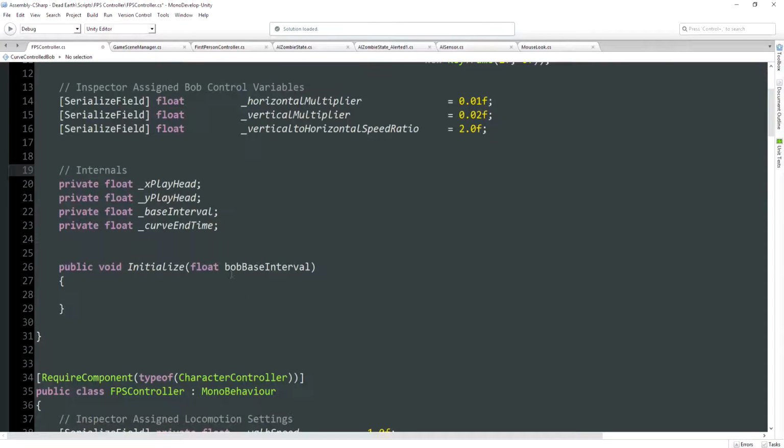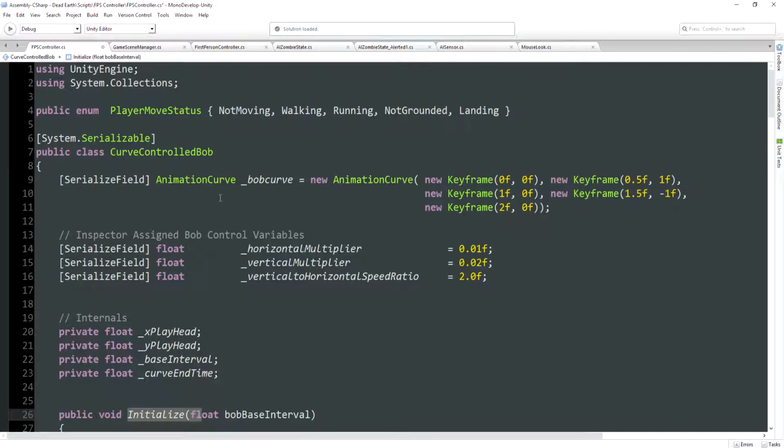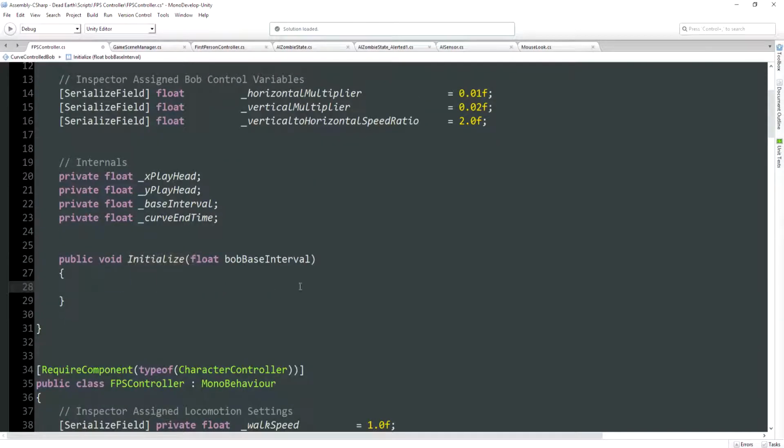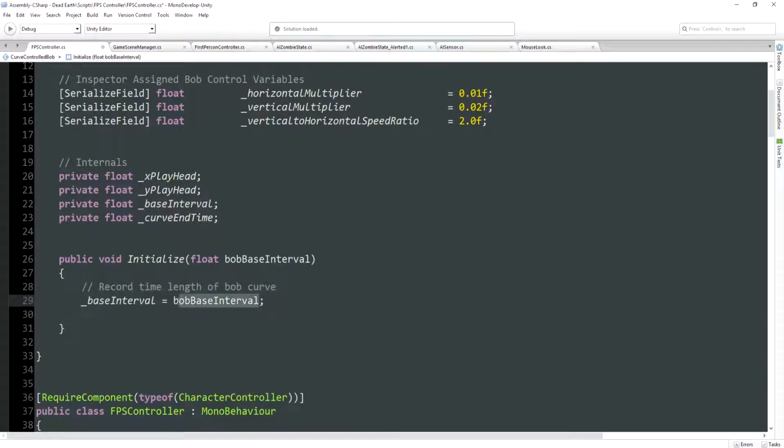So let's create the first function. It's called initialize, and our FPS controller class is going to need to call this from its start function to make sure that our curve controlled bob class has everything it needs later on. It's going to be passed the bob base interval. This is exactly the same as the base interval. We're just going to copy that value into our base interval private member. Like I said, this is going to be used to control the speed at which we step along the horizontal axis of this animation curve with each update. In other words, it's just our way of controlling how the speed of our controller is mapped to horizontal movement along the graph. So we'll copy the value of that parameter into our private member, and we'll also fetch the